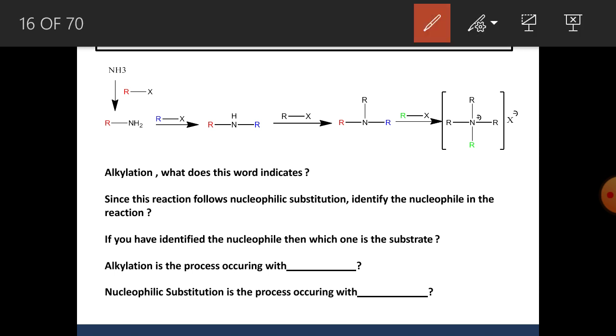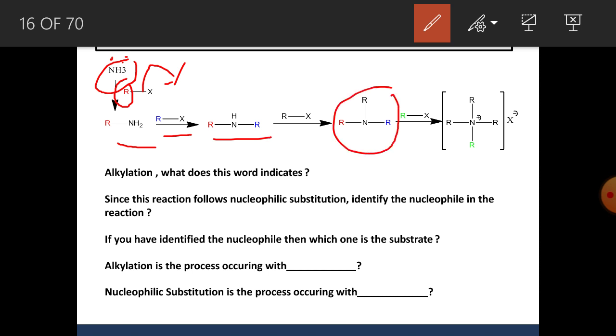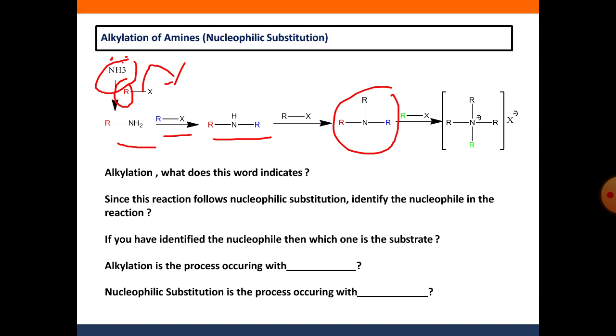So here this ammonia acts as a nucleophile. It attacks the electron deficient carbon which is present in alkyl halide. So there will be replacement of halogen with this ammonia, and when we use excess, then all hydrogens from ammonia get replaced with this alkyl, and it is simply a nucleophilic substitution reaction.